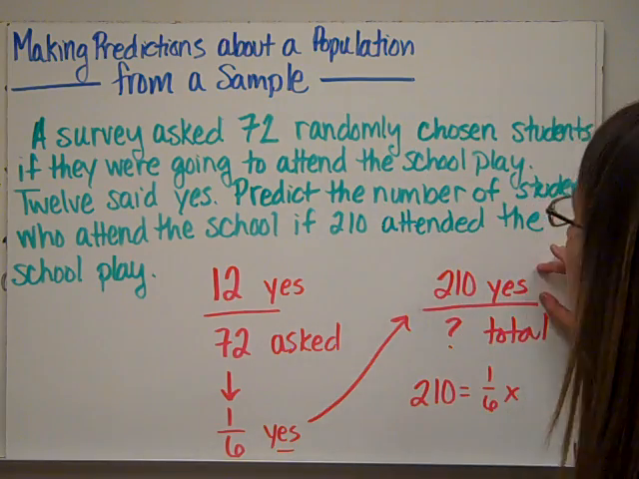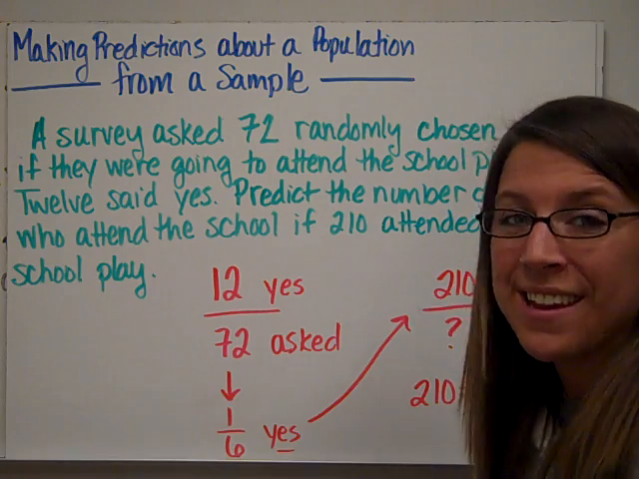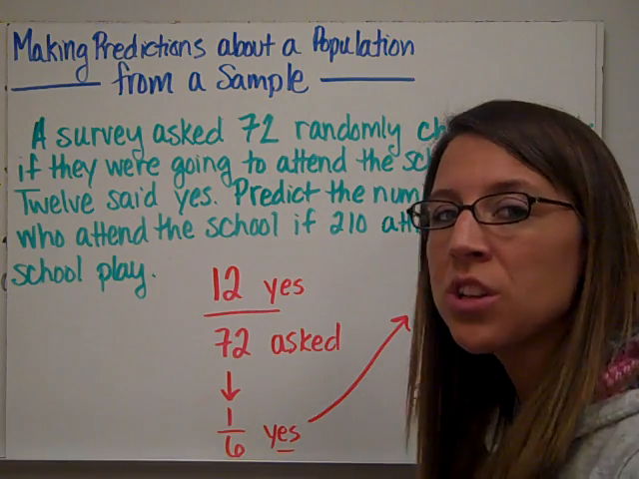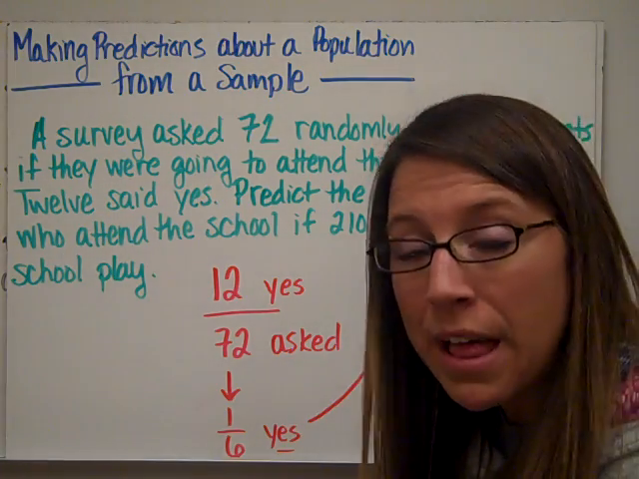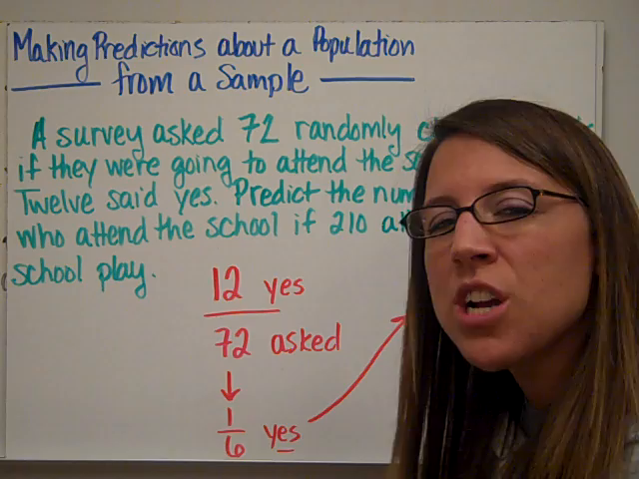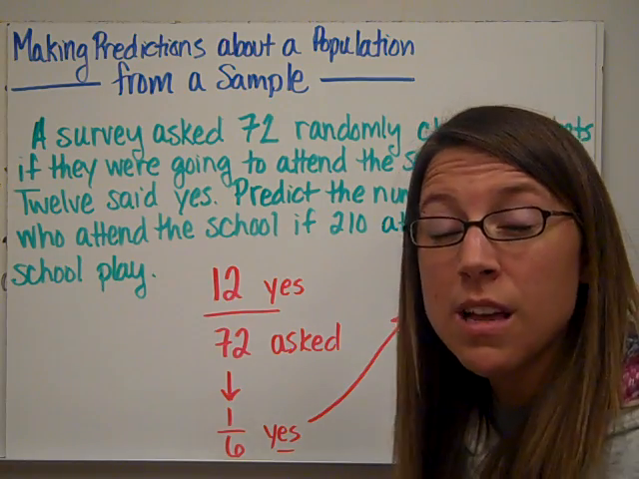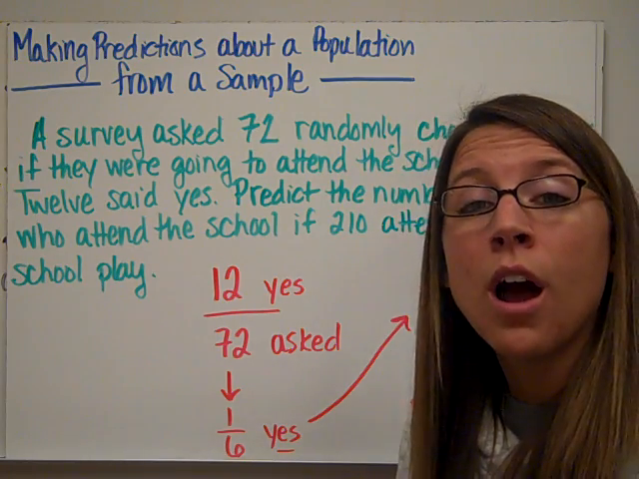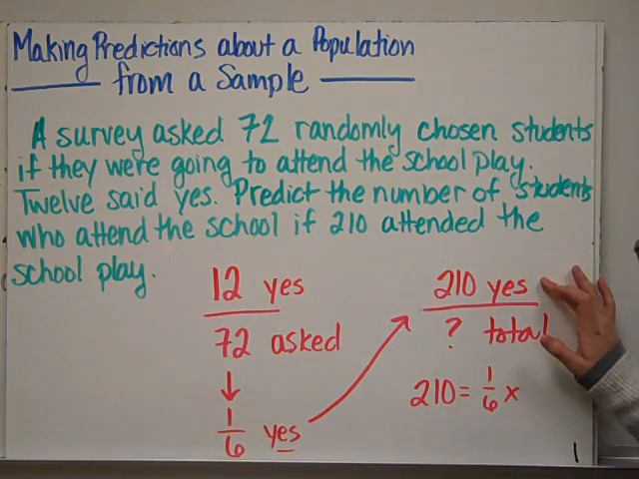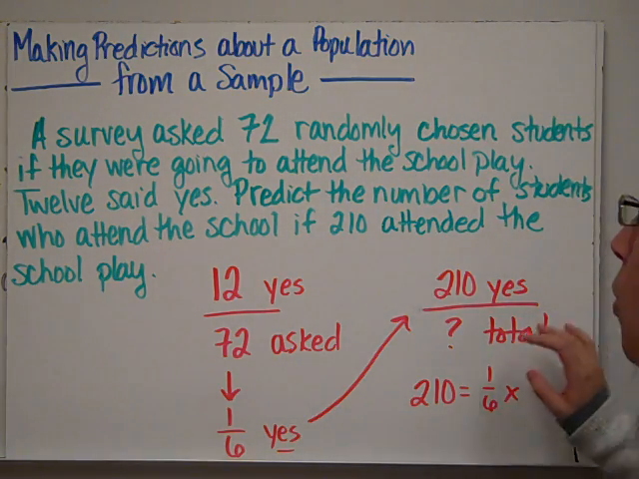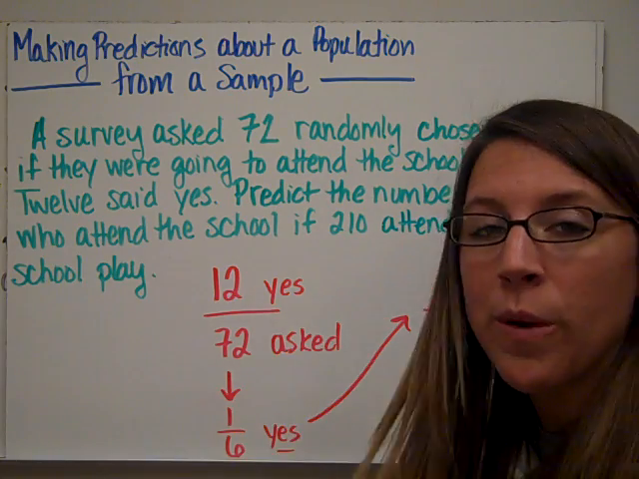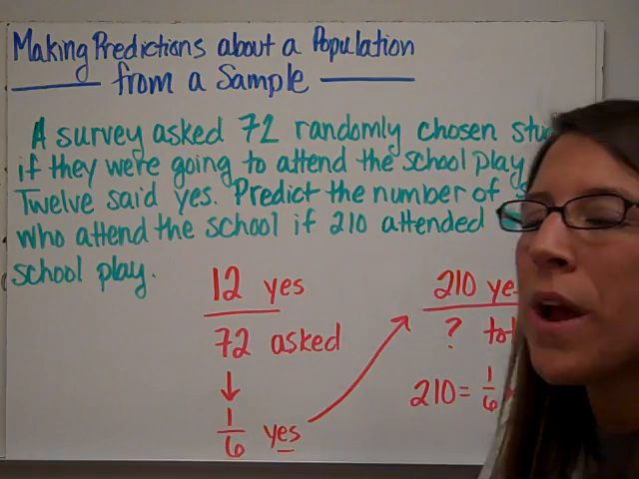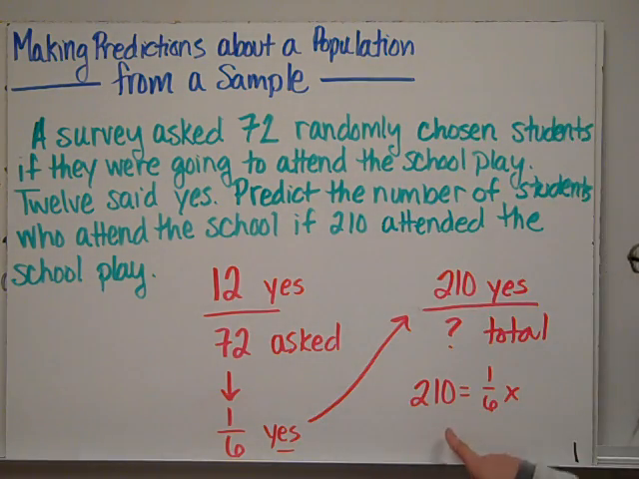But 210 students actually attended the play. So if 210 actually went and 1/6 of the total were going to the play based on this survey, then we can determine approximately, within a few students, probably, how many are in the entire school. So if 210 said yes, how many total? Well, we know, like I said, that 1/6 of the total said they were going to go. So we can say with quite a bit of confidence that 210 is 1/6 of the total, which would be